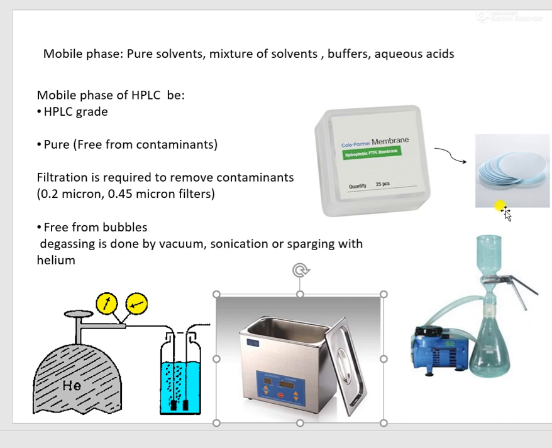If you switch on the vacuum pump and pass anything through this filtration assembly, it will pass easily and be filtered. Now why is vacuum required? Because you know that this filter has a very small pore size, 0.2 micron and 0.45 micron. So if you allow it to pass under gravity, it will take a lot of time. So vacuum will facilitate filtration, and it will allow fast filtration of any solvent.